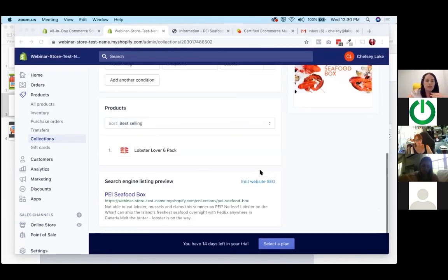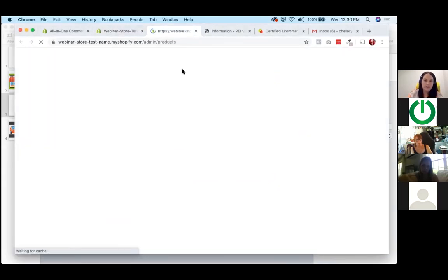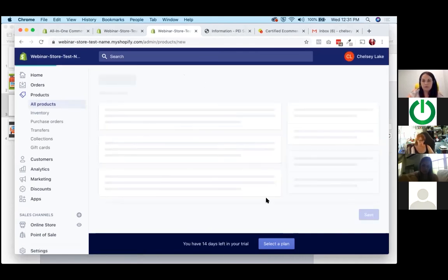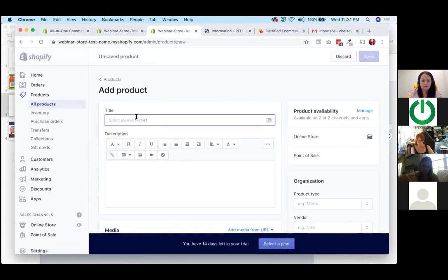Awesome, and if I scroll down, I can already see it has that product in here because it was tagged with that tag. So I'm going to create one more product just so we can see it on the front end, and I'll show you what that looks like. Okay, I'm gonna call this one date box and it's a 12 pack. And I'll just write 12, 1.25 pound lobsters,